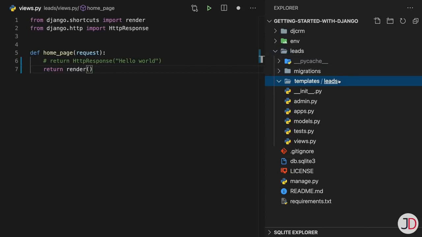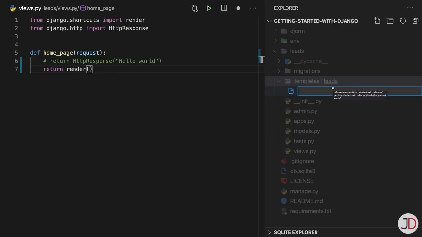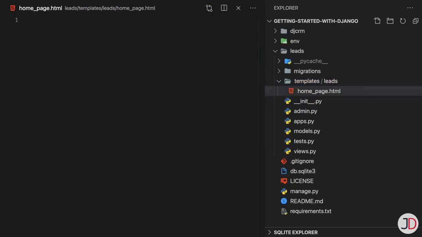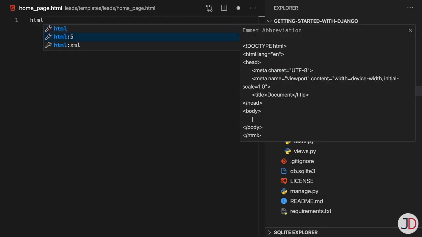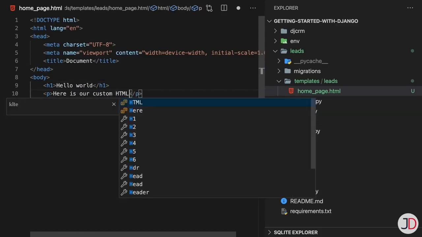Now, the reason we do this is because Django will by default look inside every app, inside templates, and then inside that app. So Django automatically is configured to look for this folder. So if you add templates inside here, so if we create a file, let's call it our homepage.html, then this will be picked up by Django. We don't need to add anything into our settings. This is perfectly fine. So I'm going to go and add an HTML5 boilerplate to this, and I'm just going to say, here's an H1, we'll say hello world, and we'll say here's our custom HTML template,